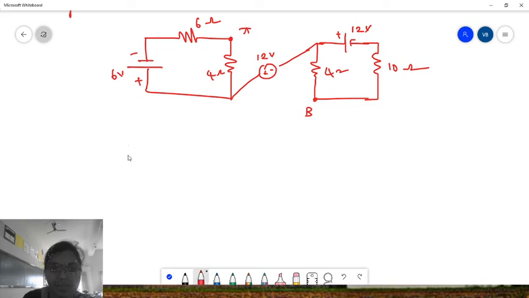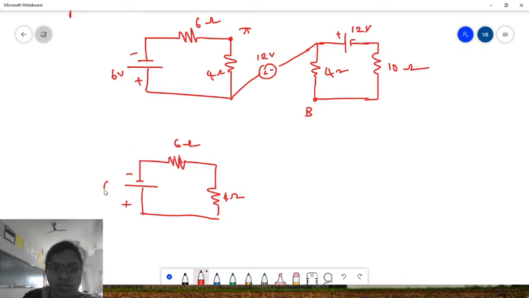So this is as it is. Why? Because the A terminal we are not tilting, we are not shifting it anymore. Just this network is as it is, this square box which is having a voltage source and 2 resistors. This is as it is, 4 ohms and this is 6 ohms and this is the 6 volts voltage. So here is the A terminal, but this B terminal I am going to shift here. Okay, so this B terminal is shifted here.